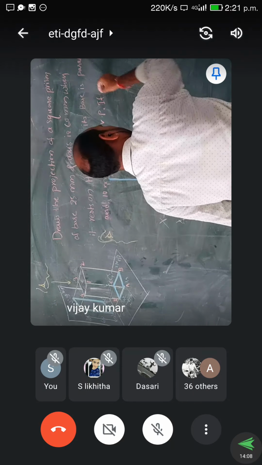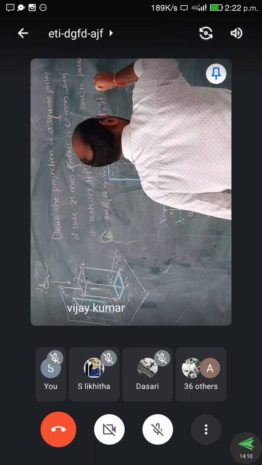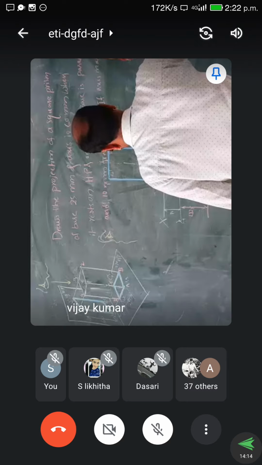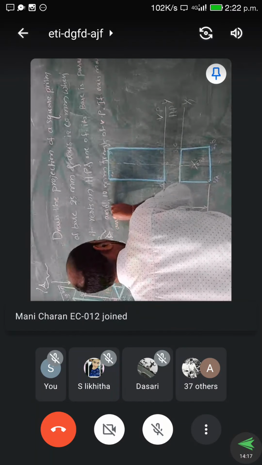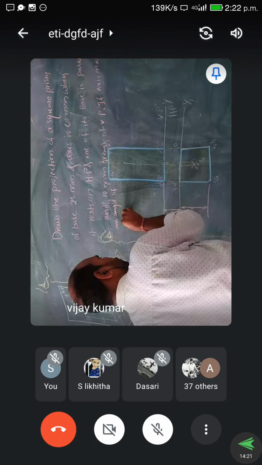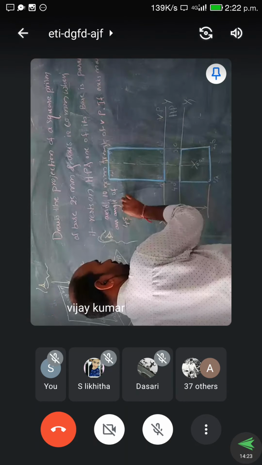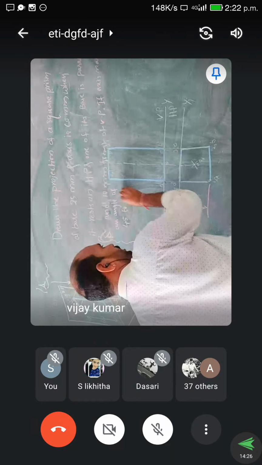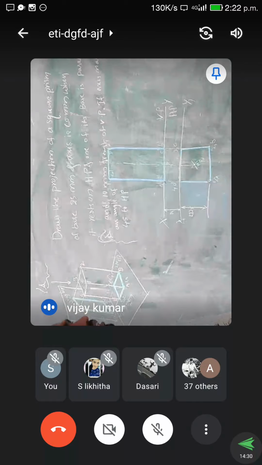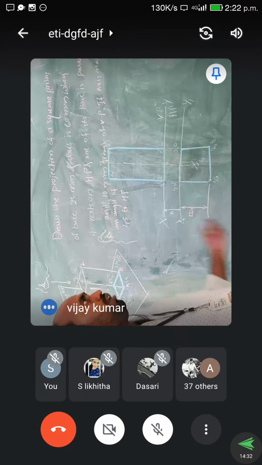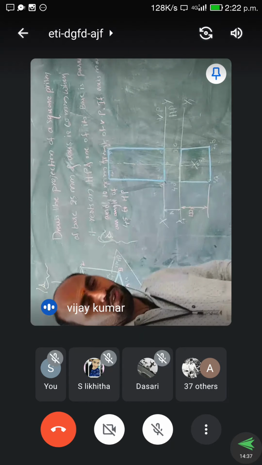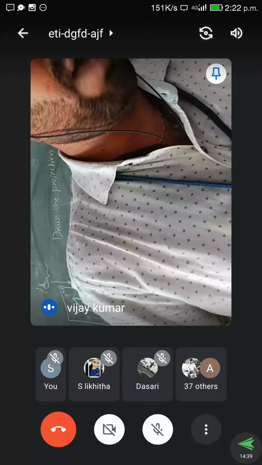If the axis makes an angle of 45 degrees to HP, then how do we have to turn?